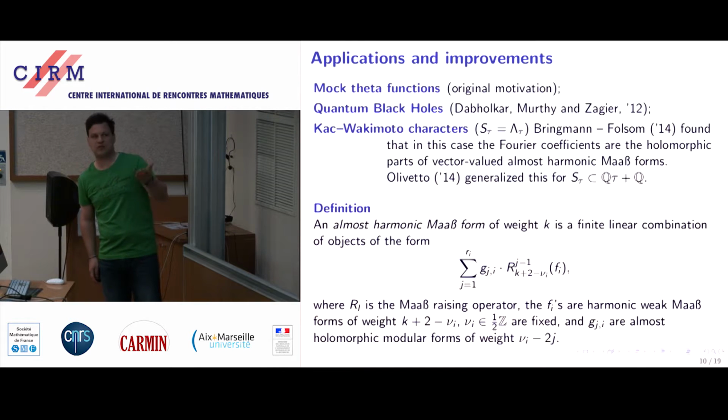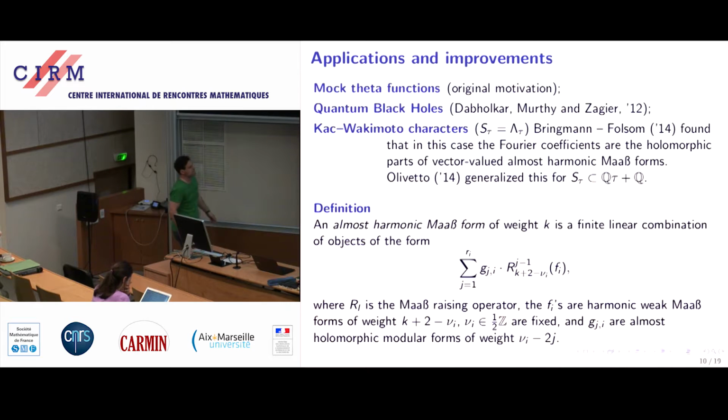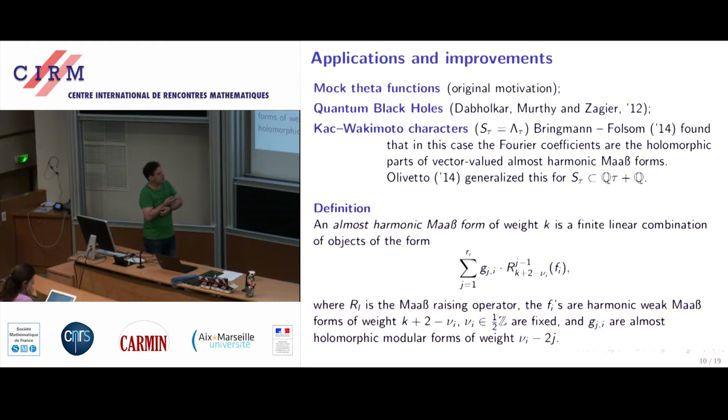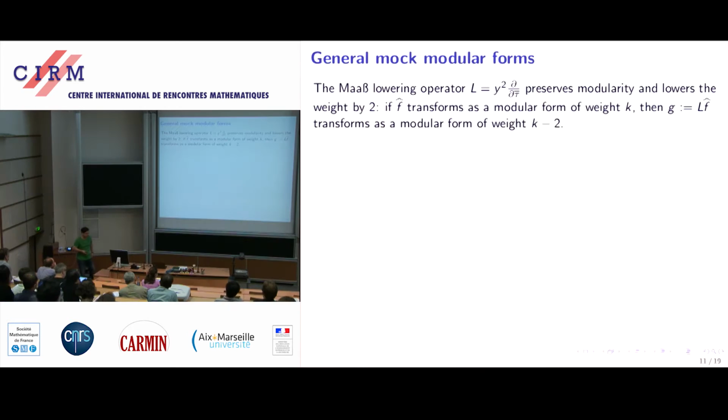Okay, so that's good. For me personally, I'm not really satisfied with this definition, but that's what it is. So actually, I think of these things a little bit differently. That's what I would like to discuss now briefly, and then I give some examples of that, and then we try to also put these Fourier coefficients of meromorphic Jacobi forms, I'm going to try and put that into the same picture. So this is more the philosophy of what we're doing here. This is how I personally think of